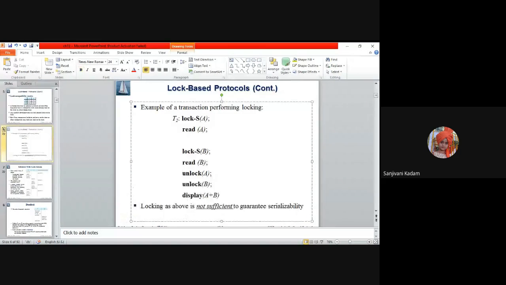Now I can say that this is my growing phase, this is the lock acquisition, and this is my shrinking phase. So this is one schedule where we can see that this is a two-phase locking protocol.